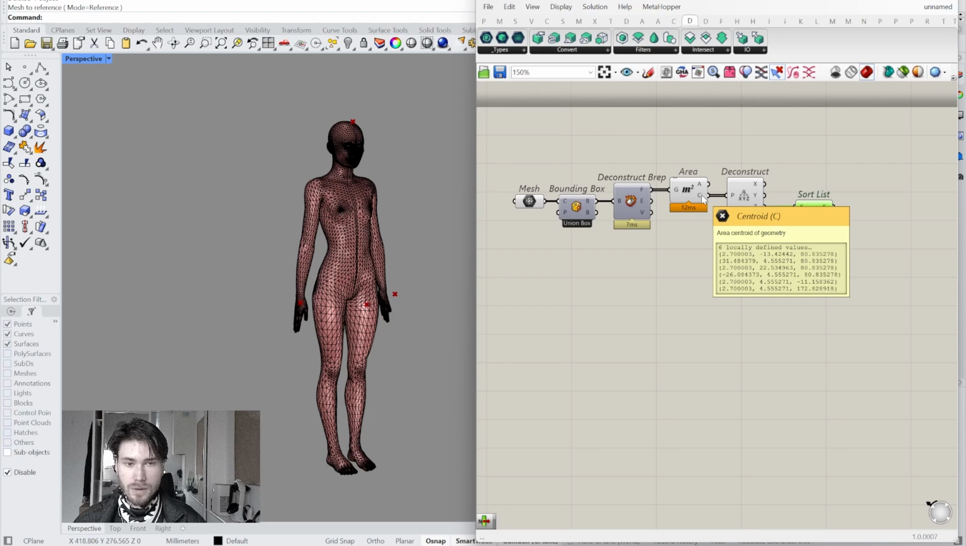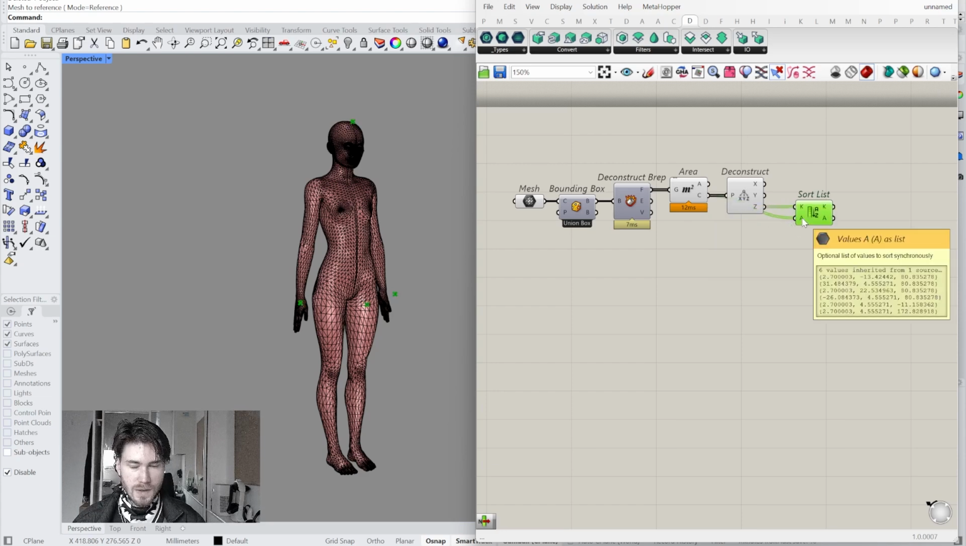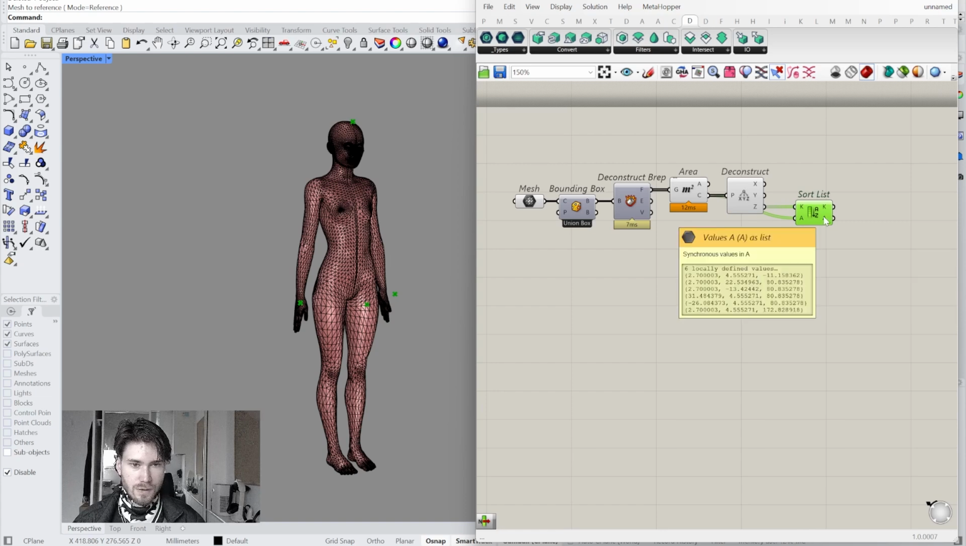So we can't really sort these points, but we can sort the numbers. So we sort the numbers, and then we take the points along for the ride, and this is going to rearrange the list in the same way as it's doing the numbers. So now the lowest point is going to be the first one, and the highest point is going to be the bottom point. So now we have it sorted